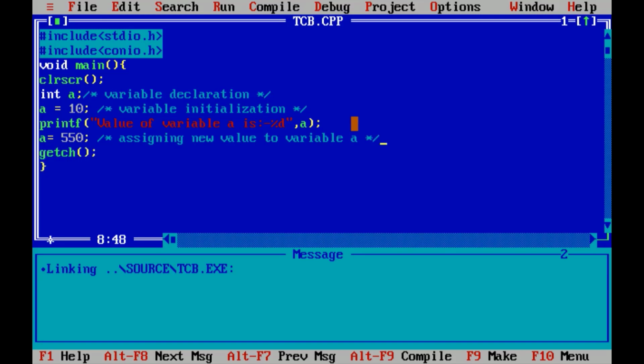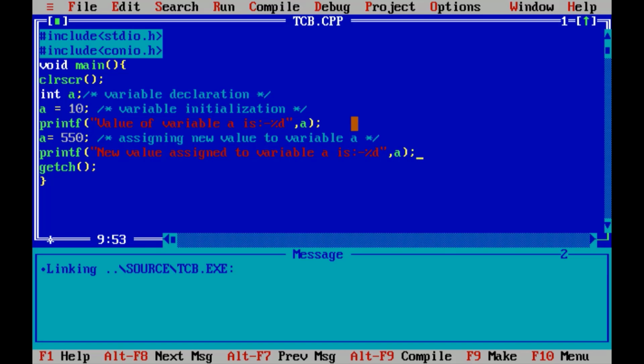Here it is, and to check whether my new value is assigned to variable a or not, I will have to make use of printf function for our understanding purpose. New value assigned to variable a is, here format specifier %d, variable a and end of the printf statement.